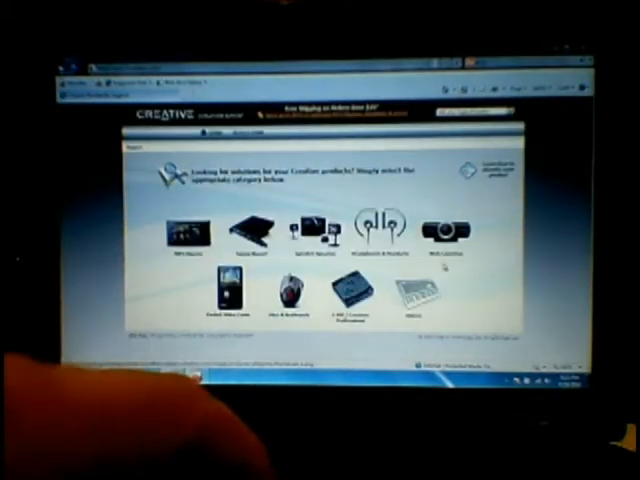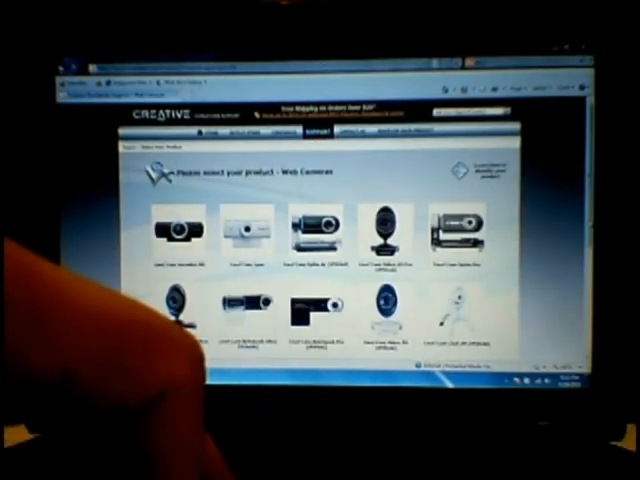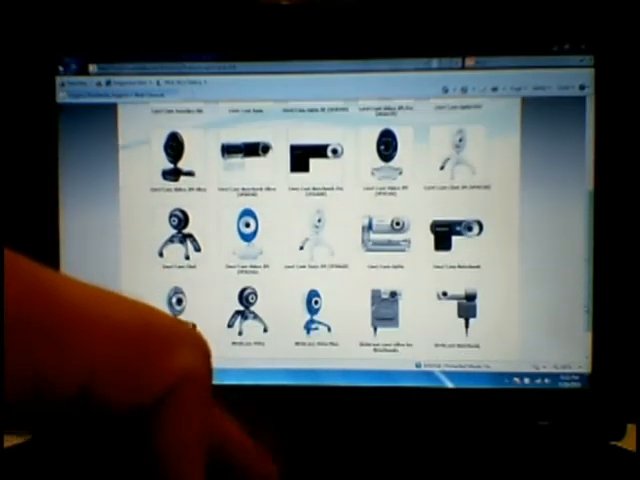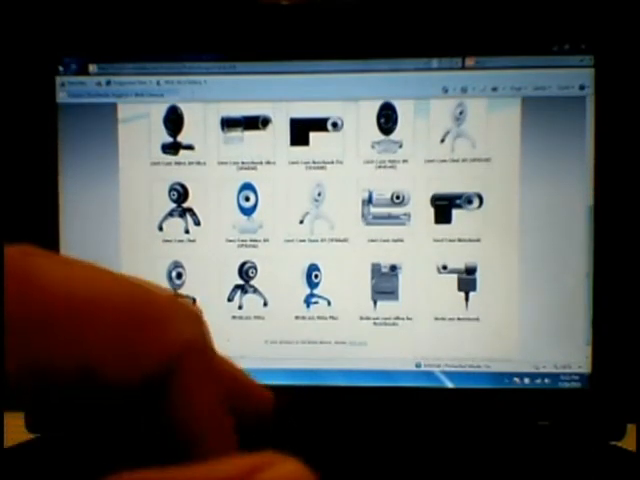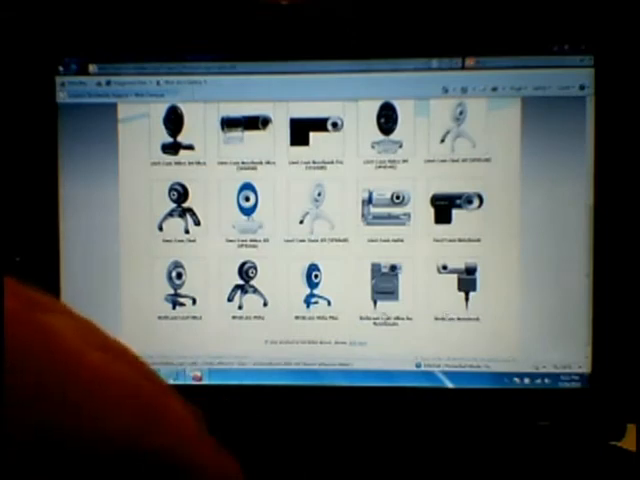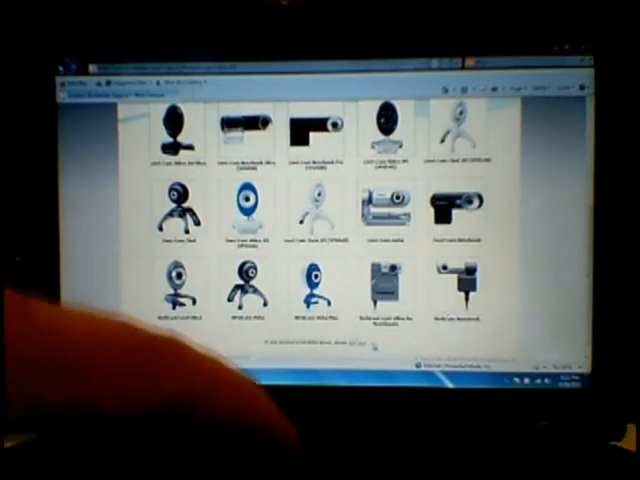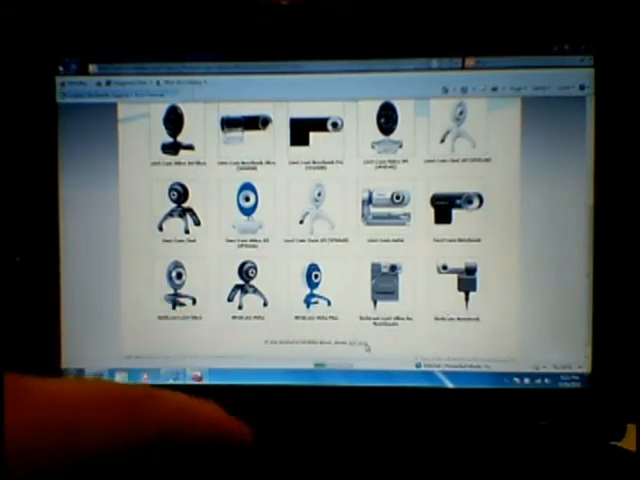and then we're going to select web cameras, and I'm almost positive this isn't going to be listed here, so we're going to scroll down a little bit. Yeah, and again, it's not listed, so we're going to select down here where it says if your product is not listed above, please click here. So we click here,